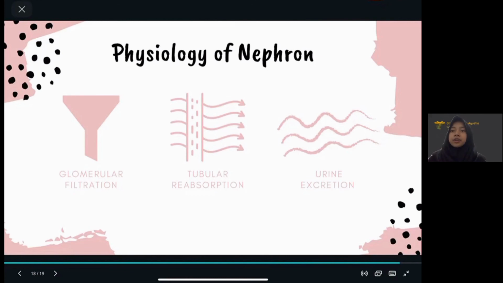The second step in the formation of urine is reabsorption. When the glomerular filtrate enters the renal tubules, it passes through the proximal tubule, the loop of Henle, the distal tubule, the collecting tubule, and the collecting ducts before being excreted as urine. More than 99% of the fluid that enters the tubules must be reabsorbed into the circulation, and most of the reabsorption takes place in the proximal tubule.